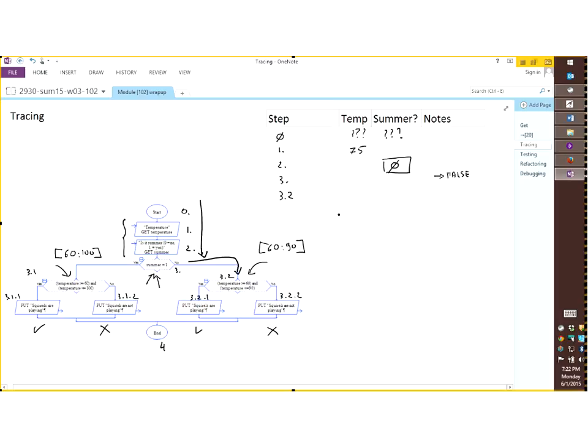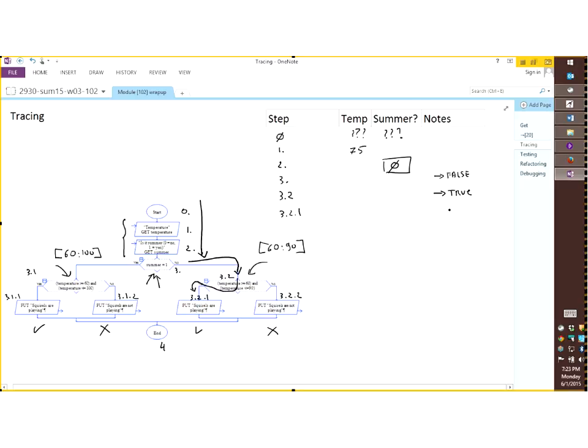And again, I'm trying to evaluate whether temperature is between 60 inclusive and 90 inclusive. That's true. So I keep track of this and I say, yes, it is true. Notice that I haven't changed any value in my variables, so I'm not going to keep writing 75.0 on every single line. Now I know that this is true, which means I'm going to follow this branch of code right here.